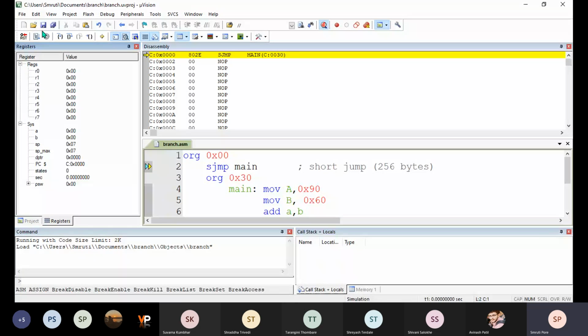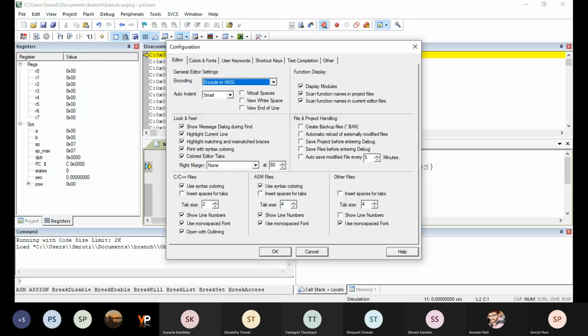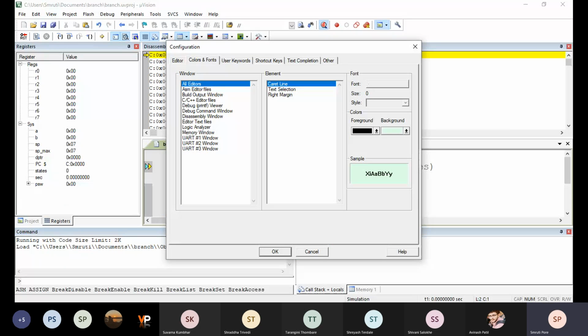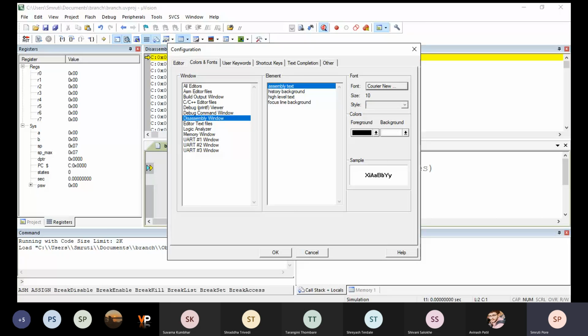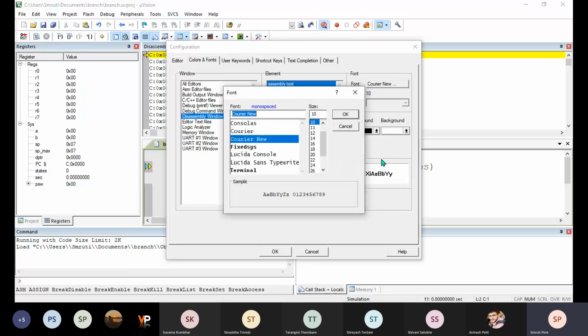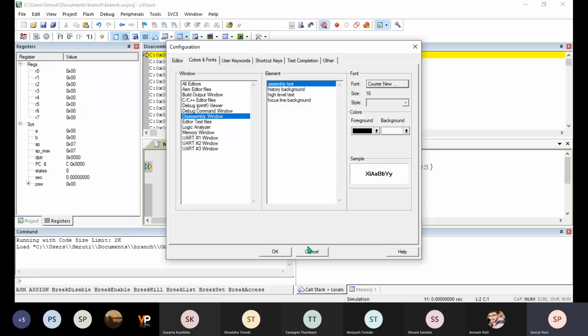I will increase the font for the disassembly window so that you will be able to watch all the contents of the disassembly window. I am highlighting it. Once it is highlighted, you can watch everything there, how the program is stored.